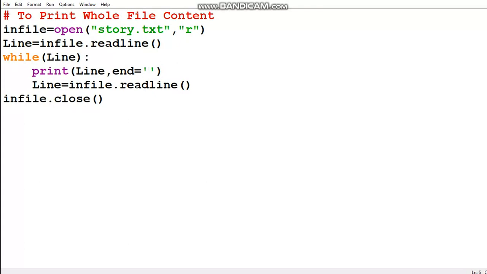And because we need to move to the next line also, as this program is printing the whole file content, we have to move to the next line, because this will read only one line, the first line.